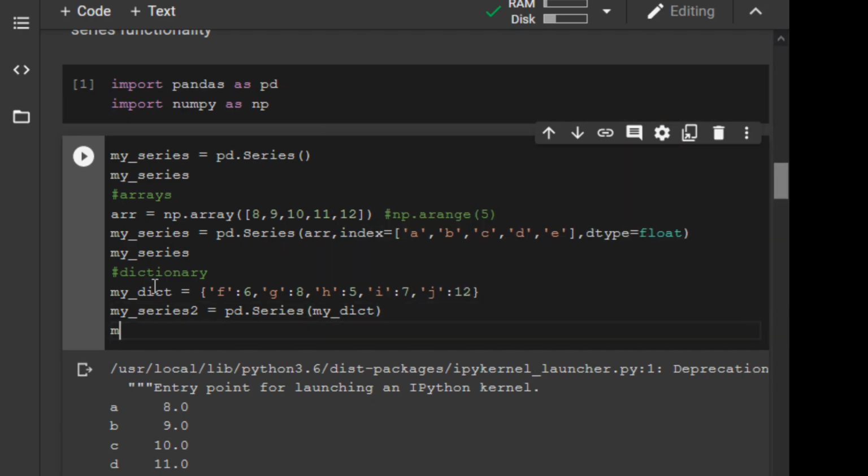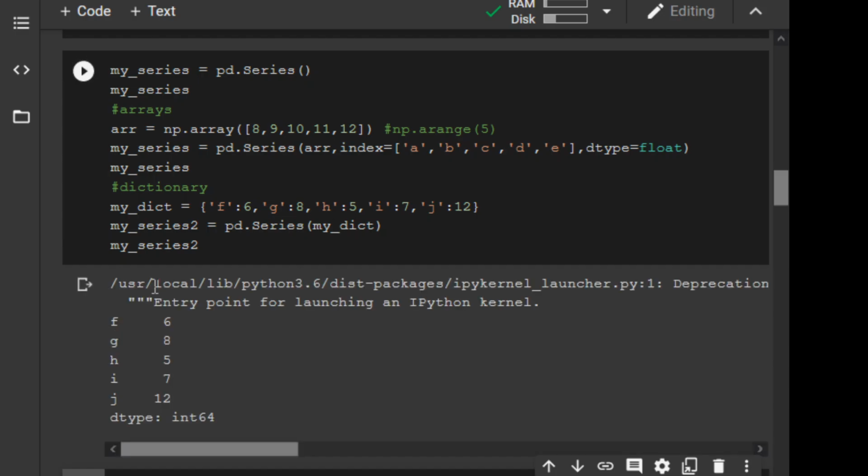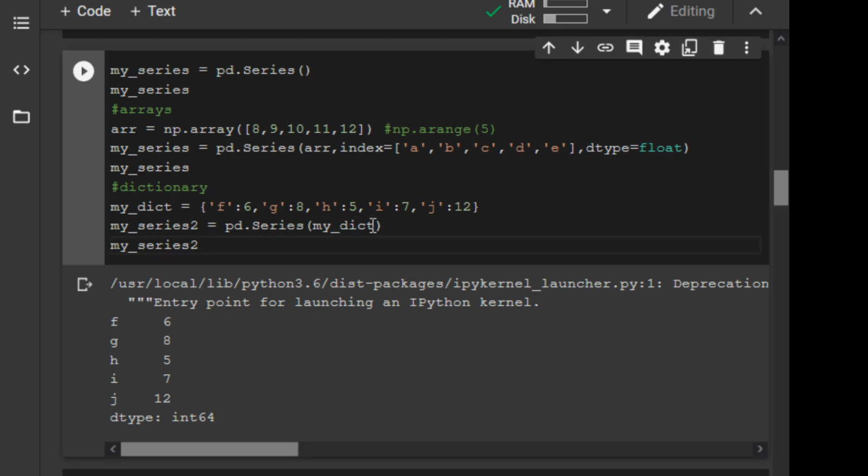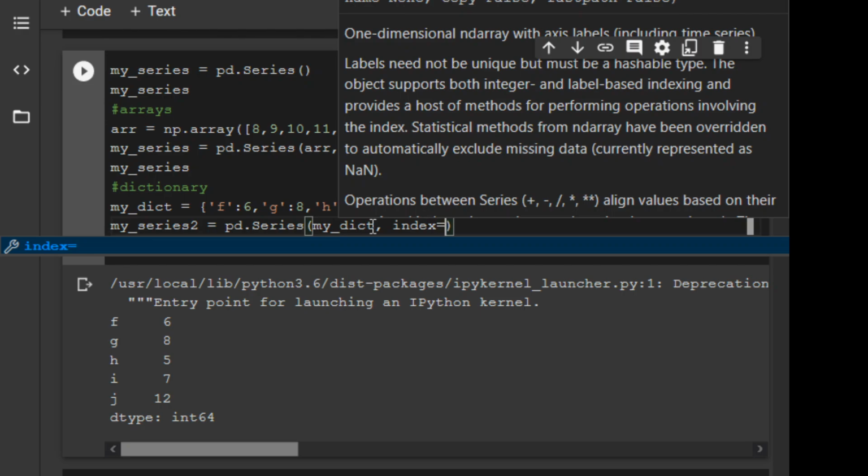Guess what will happen? My series 2, let's see what gets printed out. You see, the Pandas series reads these keys and makes them the index, and uses the values as your data. So if I now pass an index, and I say index is,